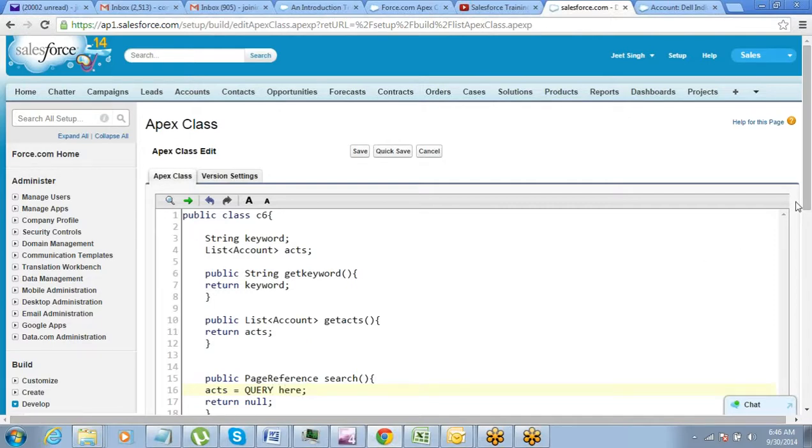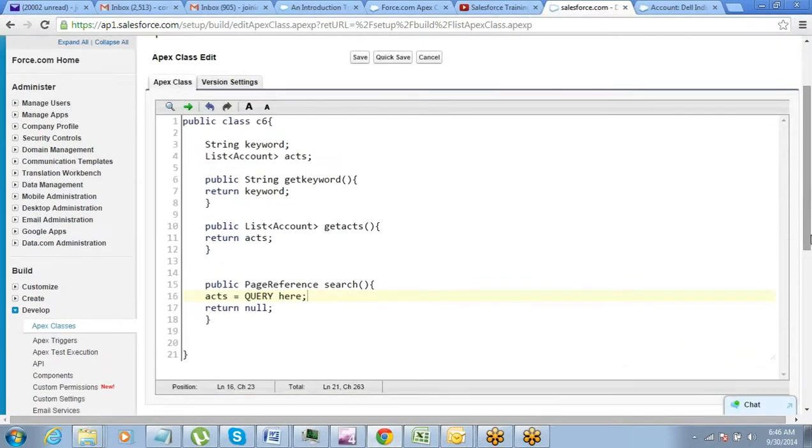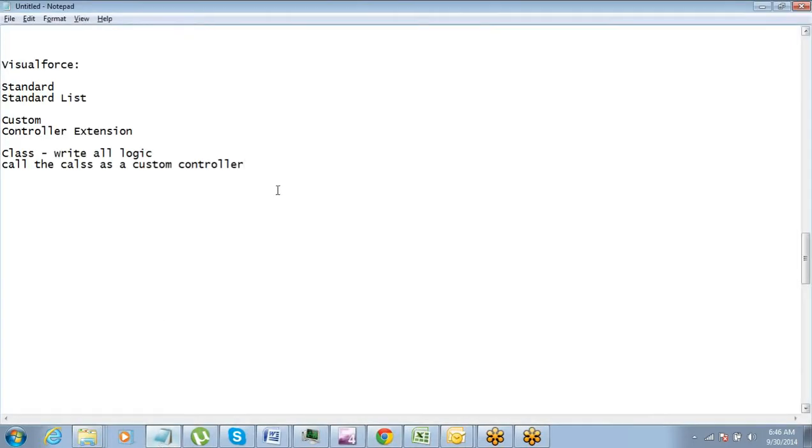So I have to write my query here. This time I'm not going to use SQL query, this time I will use an SOSL query. SOSL query is basically something which stands for Salesforce Object Search Language. Salesforce Object Search Language.